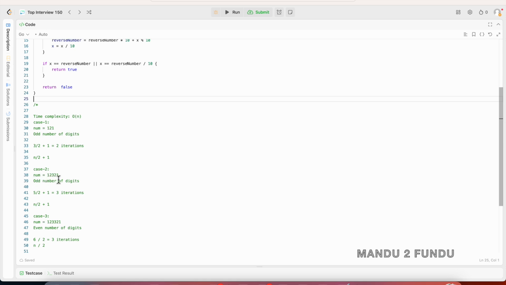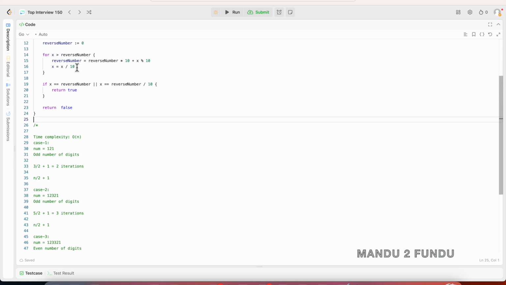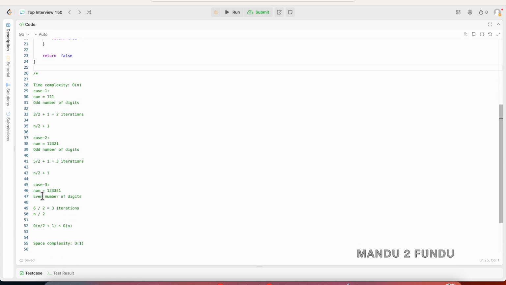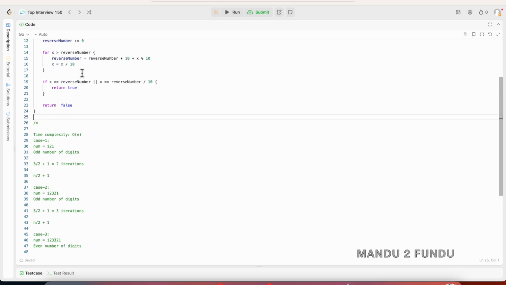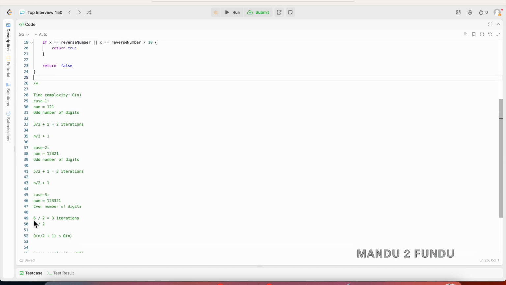For case 2, the input number is 12,321 and it has 5 digits, which is an odd number. So the number of iterations this for loop performs is 3. The number of digits divided by 2 plus 1, n by 2 plus 1. And in case 3, we have 6 digits in the input number, an even number. So in this case the number of iterations this for loop performs is 3, which is the number of digits